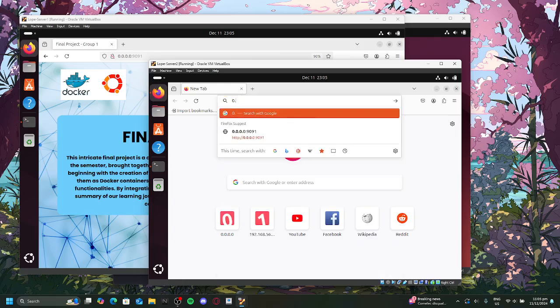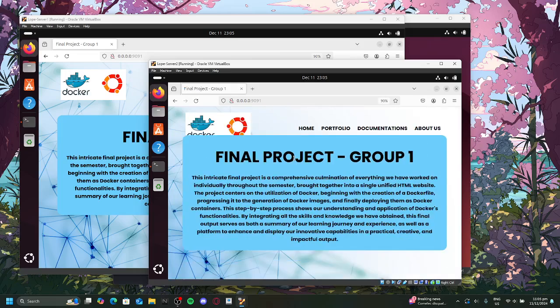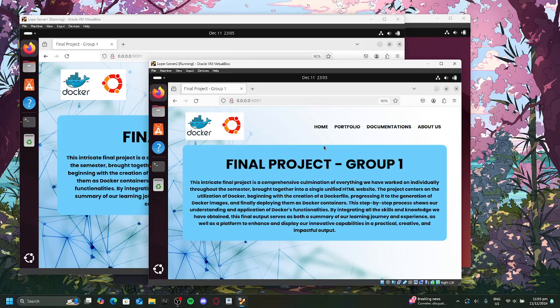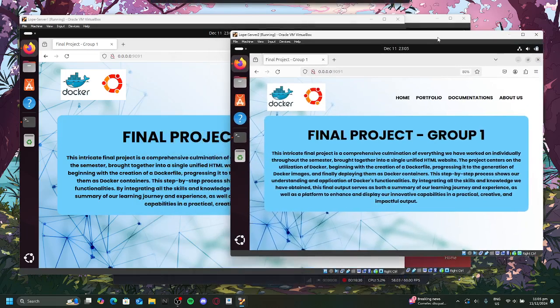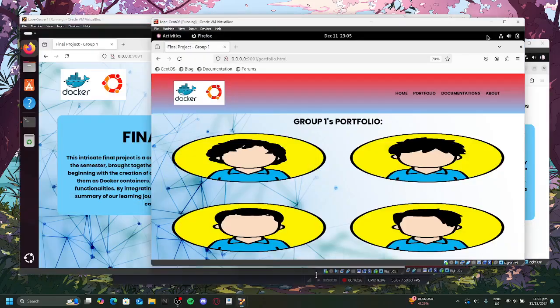Using the ports that are stated in the information under docker ps, that's where our container has been deployed. We can see that our final project web app has been successfully deployed to both server 1, server 2, and CentOS.